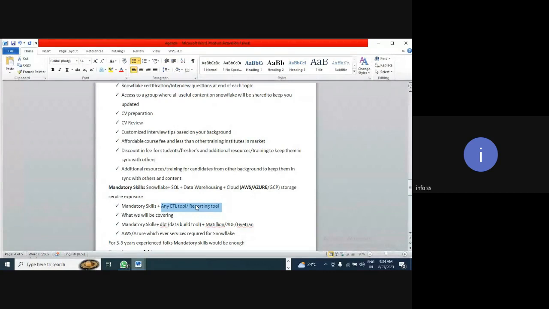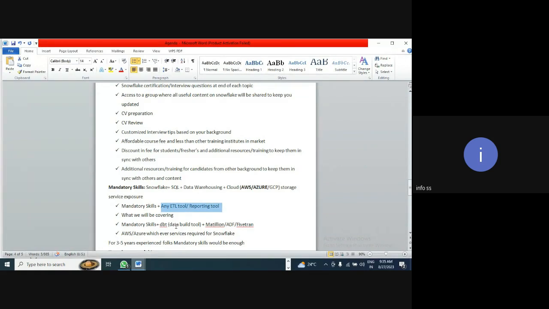Okay, data transformation tool DBT, which is picking up phase now. A lot of US and UK clients are using that. You'll understand as we progress. Don't worry. If you know any of these tools, that will be an advantage. And if you take any Python skills, that also will add advantage, but that is not mandatory. Many people have doubt whether we need to learn Python for sure. That is not mandatory. Even if you don't know Python,